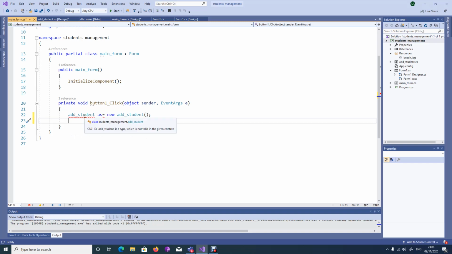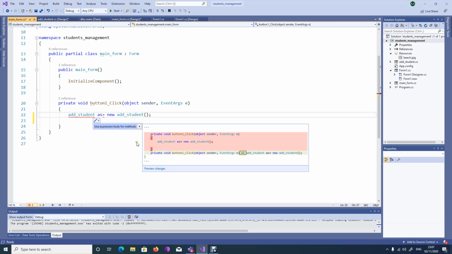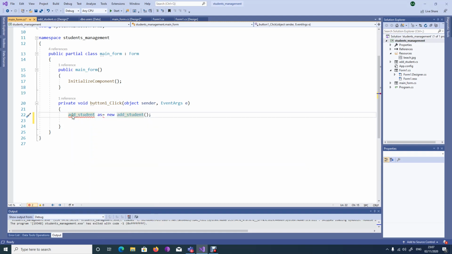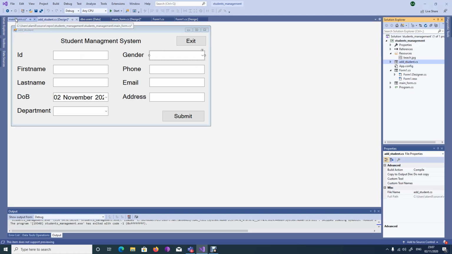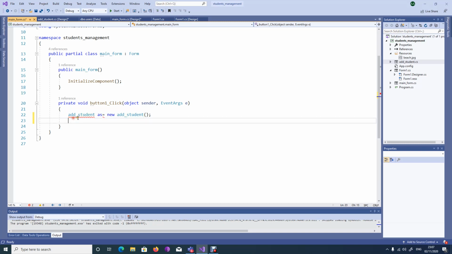Let me have a look. Add student is a type which is not valid. Add student, what's the name? Let me see what it is saying. So potential fixes. Right click. What is the name of the file I have given it? Yeah, if you see on the right hand side, it's called add underscore student. So when I come here, AS is equal to new add underscore student is absolutely